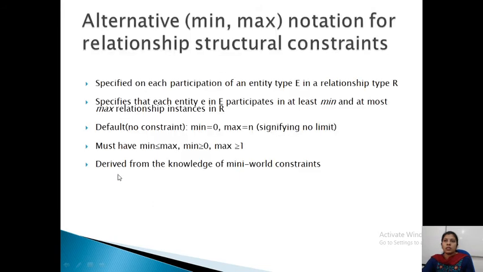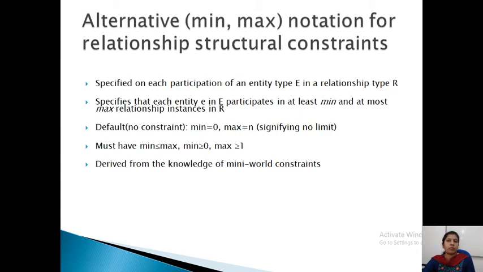Okay. Then to represent the cardinality, we have another notation, called min-max notation. It is specified on each participation of the entity type, and it specifies that each entity participates in at least minimum and at most maximum relationship instances in R. So the default, if there is no constraint, minimum will be 0 and maximum will be 1 or n.